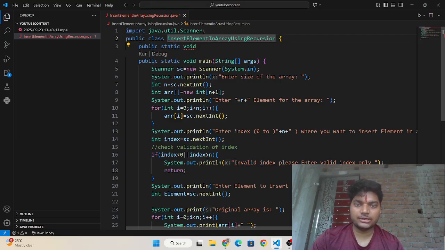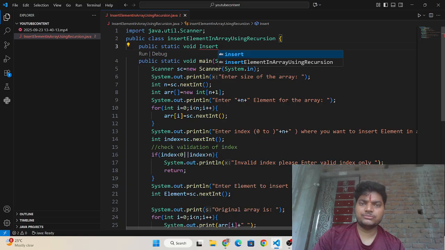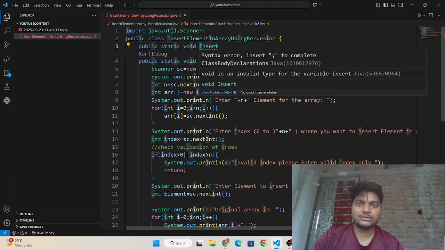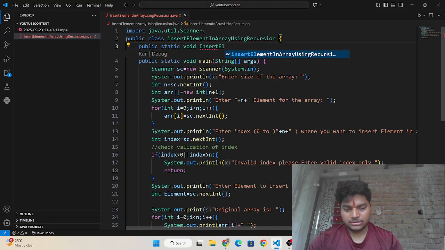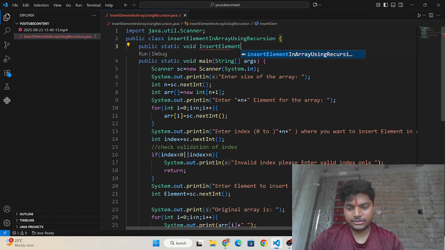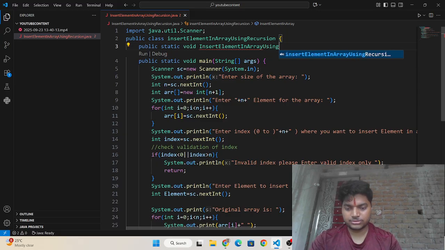In short, this is the convention of writing a function in Java, to write the first alphabet in capital. So that I have used it. In short, inserting element in array using recursion. Okay,